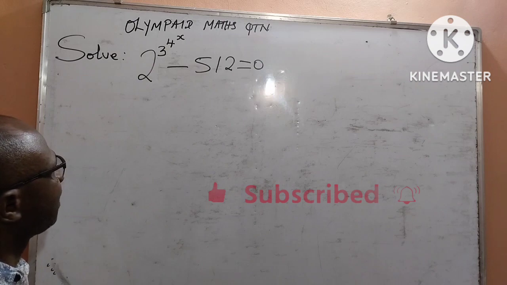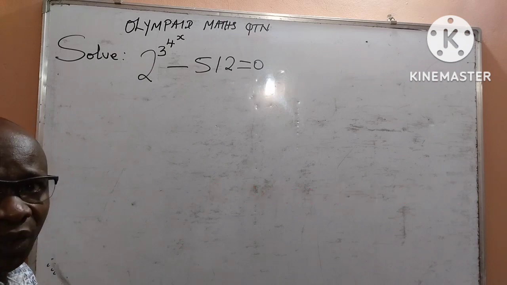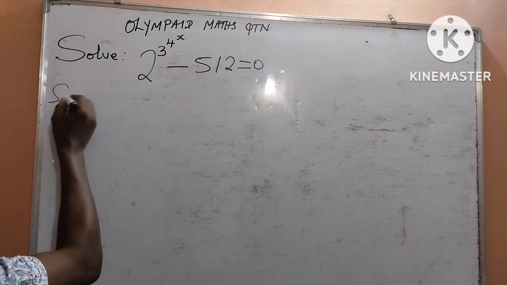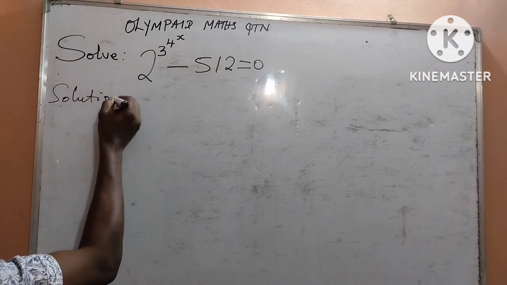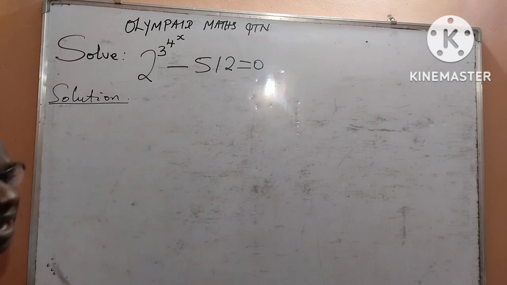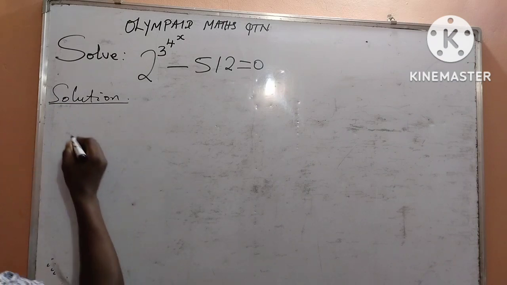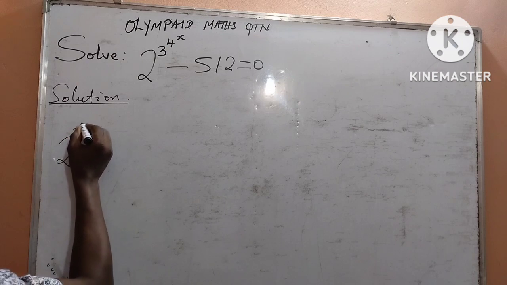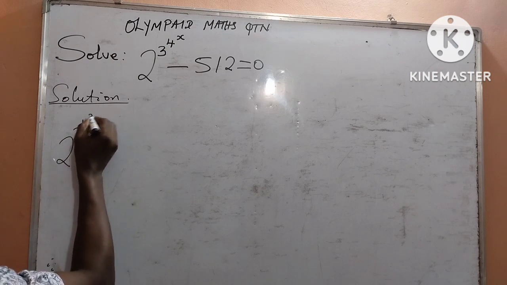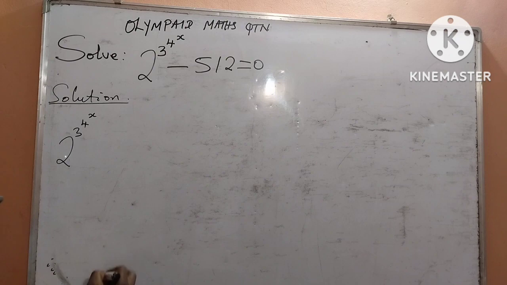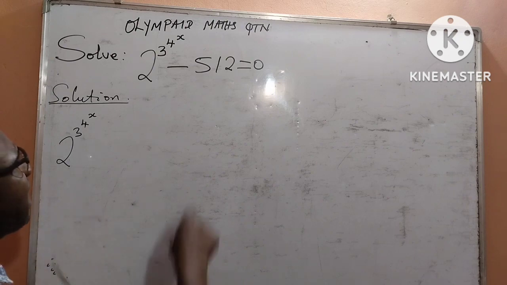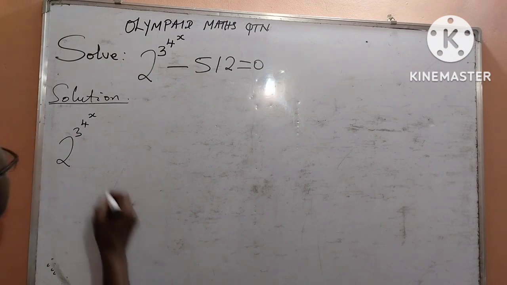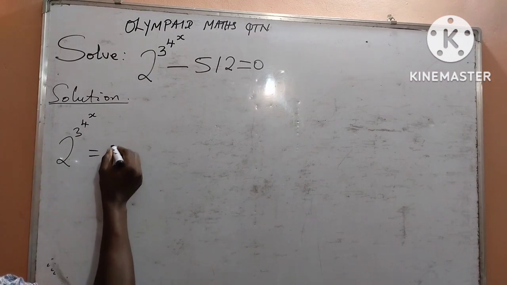Alright, we dive in right away. As it is given to us, I have to solve 2 to the power of 3 raised to 4 raised to x. The first thing I will do is move 512 to the right hand side, and that will now be equal to